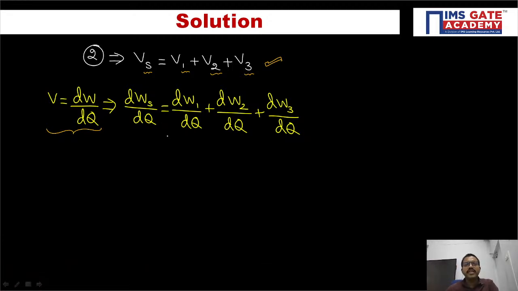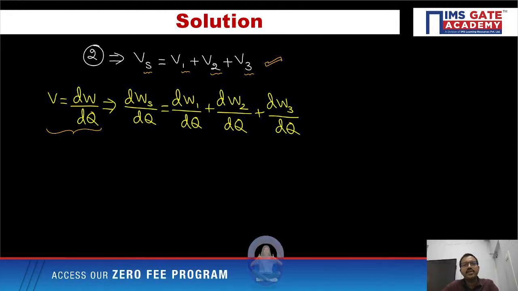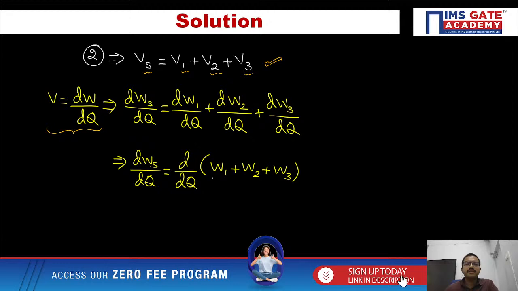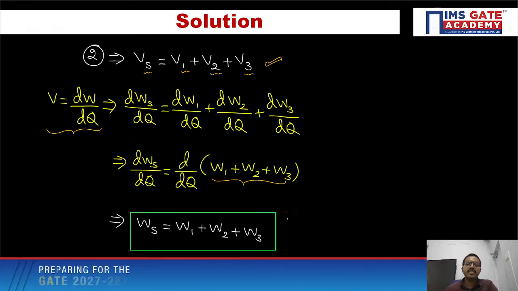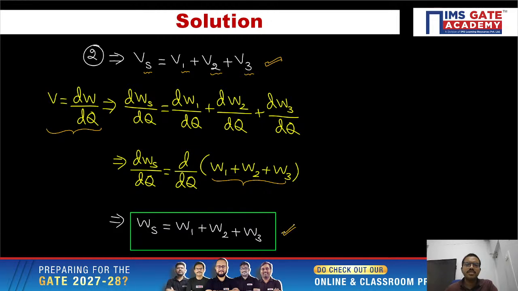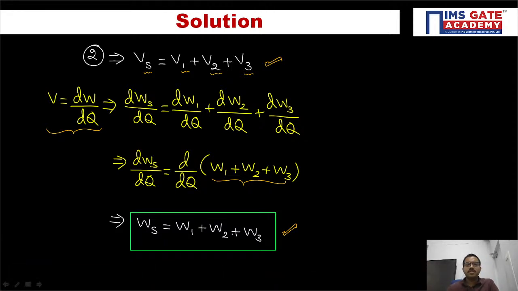Yeah. So here, the first order differentiation operator is a linear operator, right? So we can write it like this. After that, if you perform integration on both sides, the integration and derivative both get cancelled. Then from there we are getting Ws equal to W1 plus W2 plus W3, right? Yeah. So in this closed circuit, whatever closed path we have considered, in that circuit only one